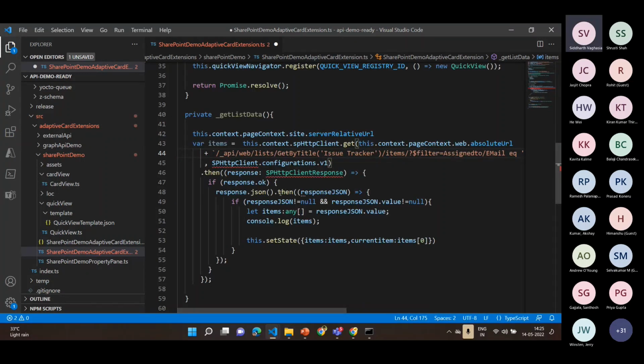As soon as we get the data, we check whether the response is okay, then convert it into JSON. Once converted, we use the response JSON value. This is how the data is returned: the array of items from the SharePoint list is in the JSON object's value property. Then we set the state, which holds the items and the current item, which would be index 0. As soon as the page is loaded, we first initialize it with the 0th index